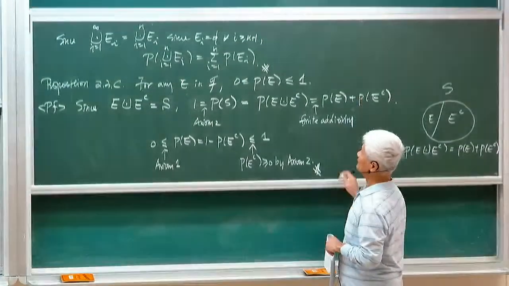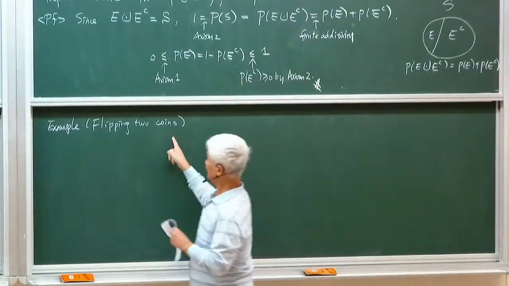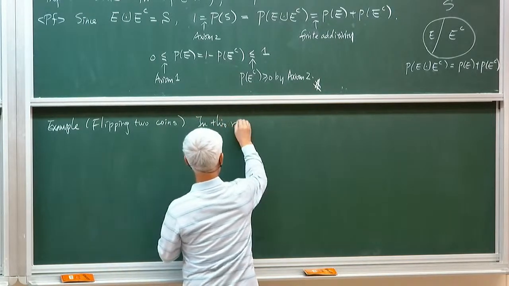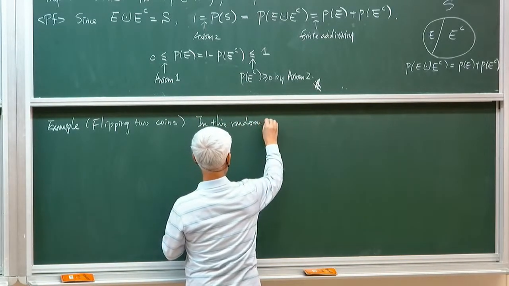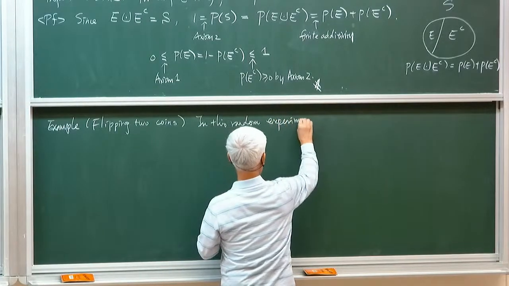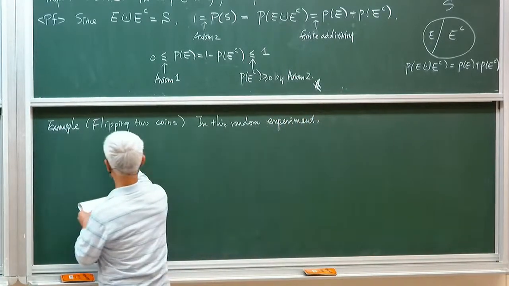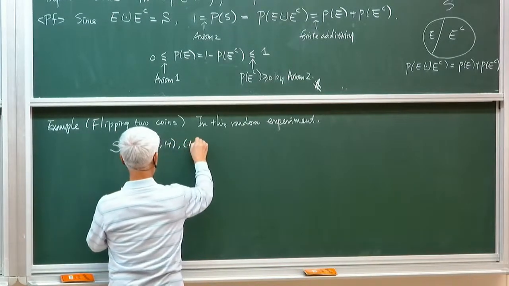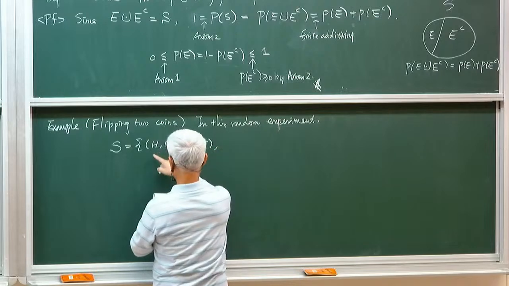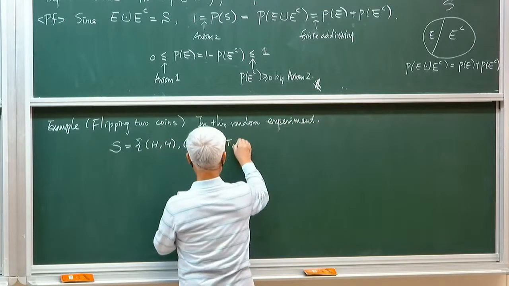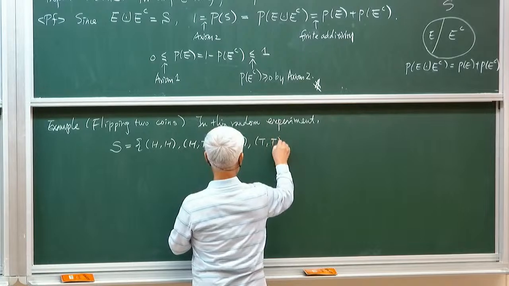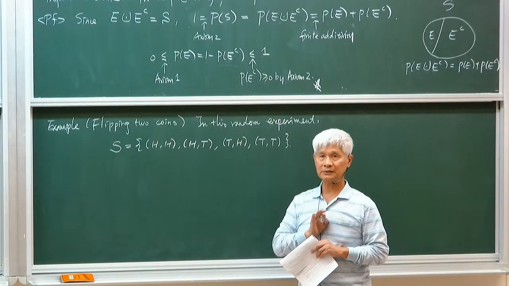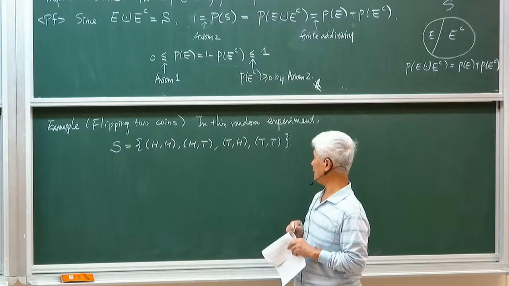Okay. So now we apply to our example. In this random experiment, we have shown that the sample space can be represented by a set of pairs. So it consists of 4 possible outcomes. Okay, so we have 4 possible outcomes here,